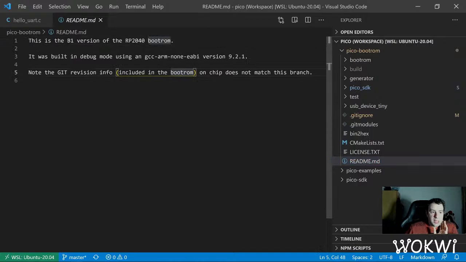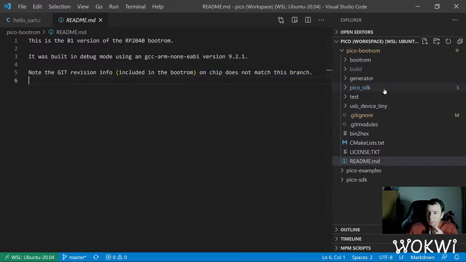What they are saying here in the README is that this is the B1 version of the bootrom, and it was built using a certain toolchain. Note that the Git revision info included in the bootrom on chip does not match this branch. No idea why, but they may have used a different repository with a different history. So that could be the same code but with different history. That could be the reason. Anyway,